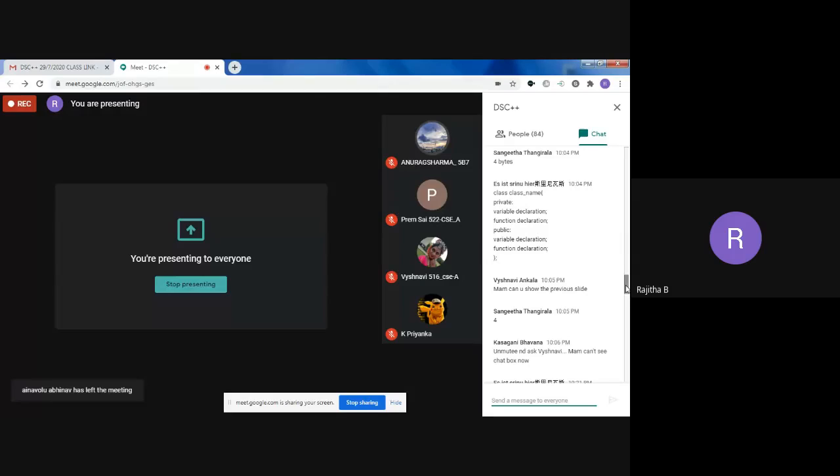Okay. Is this clear, everyone? Yes, ma'am. So in the next class, we'll discuss some more features. Actually we have 8 features. Till now we have discussed 4 features completely. Now we are in the 5th feature. So in the next class we'll discuss the 5th feature and the remaining features also with examples. Then after that we'll write the programming part.